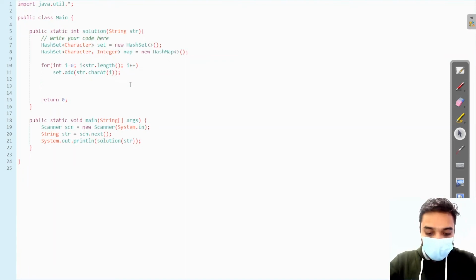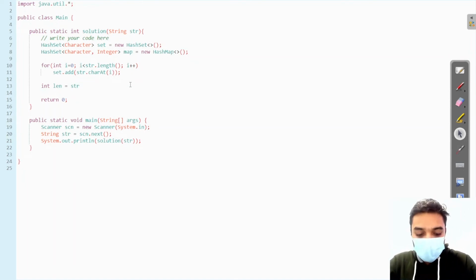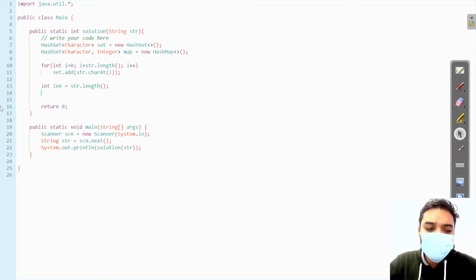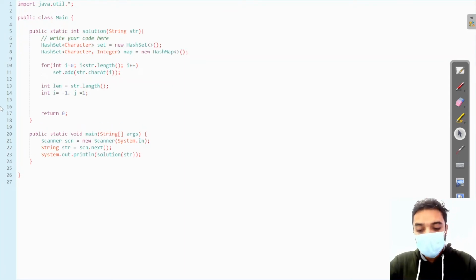Okay, so now, initially what I'm going to do here is, let's have some answer, that is, let's say length, whatever the possible smallest length is, we have to return it. Okay, we have to return the smallest possible window. So initially let's say I'm going to initialize it as str dot length. Okay, it's the maximum length, whatever the answer will be. Okay, fine. Plus I'm going to initialize two variables, i with minus 1, and j is also with minus 1. Okay, so now see what we are going to do here.